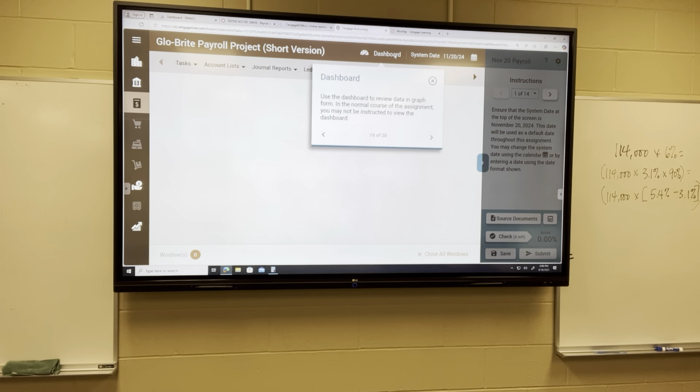Use the dashboard to review data in graph form. In the normal course of the assignment, you may not be instructed to view the dashboard. I don't think this assignment has any point where it says you need to view the dashboard. It's just reports that are viewed graphically. So there might be pie charts in there and all different kinds